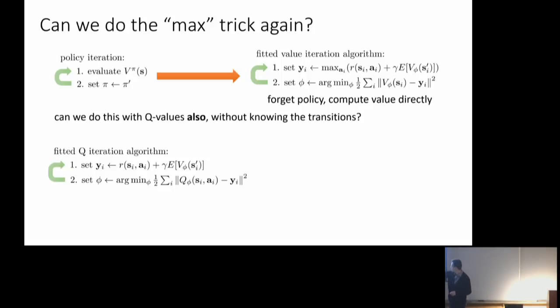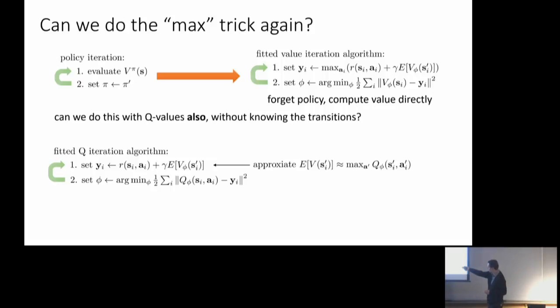So there's this funny symbol here. I said I'm fitting Q, but I have a V here. What the heck is that V? I don't have a V, I have a Q. So what we're really doing is, instead of this V, we plug in a max over the next action of Q phi of the next state, comma, the next action. So this V phi of s prime is actually a max. This max doesn't require trying different actions in the simulator or in the real world. It just requires running different actions through our Q function to pick the best one. And we just write that in there for that V. So that's where the max lives.